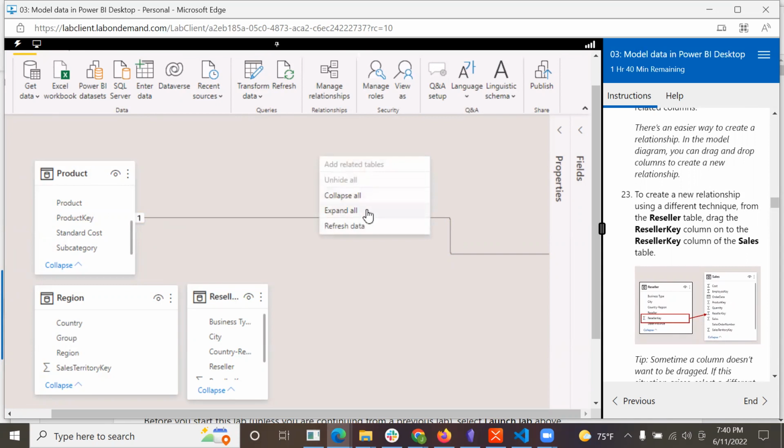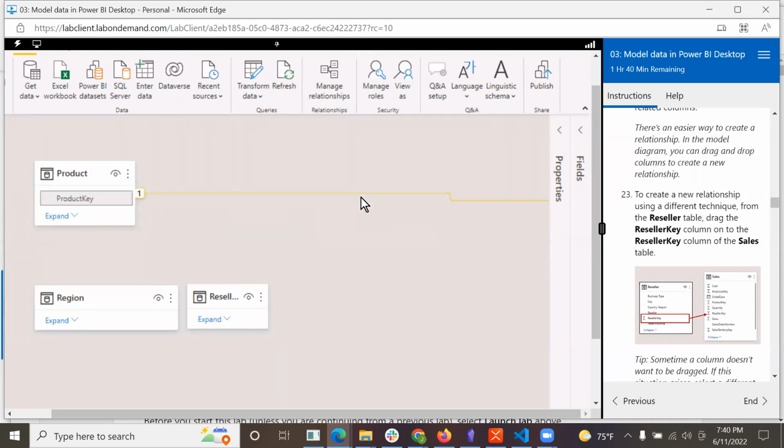What would make this better? Collapse all? Still can't. Collapse all, expand all, refresh the data. I don't know. Well, that is nice because now it shows us that. I don't know. All right, to create a new relationship using a different technique from the reseller table,